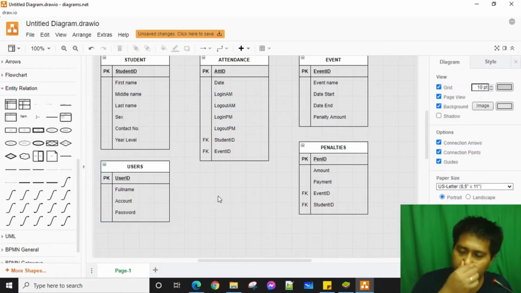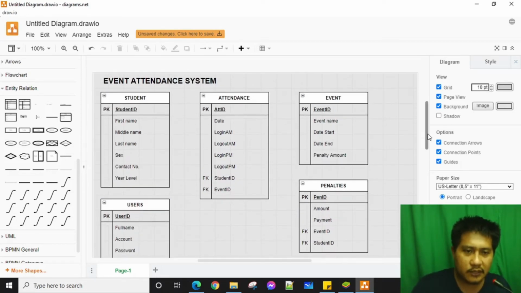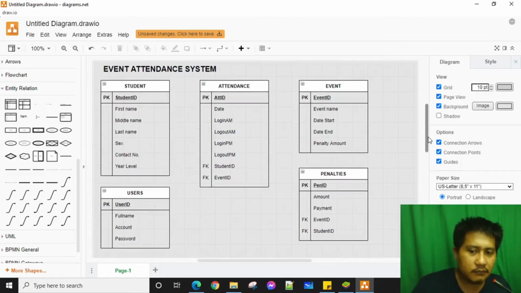Okay, so this is an orphaned table or orphaned entity. Although it can be linked to another table, since I am just trying to create an example of how to design an ERD,